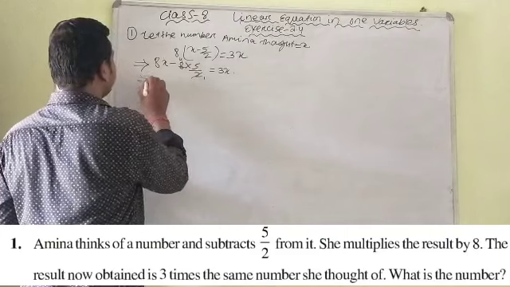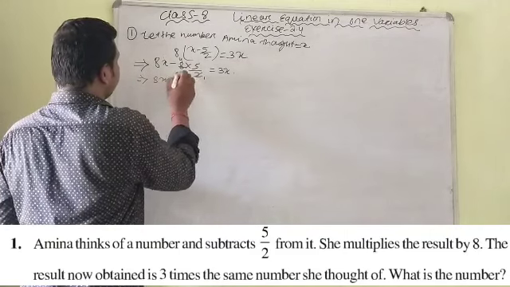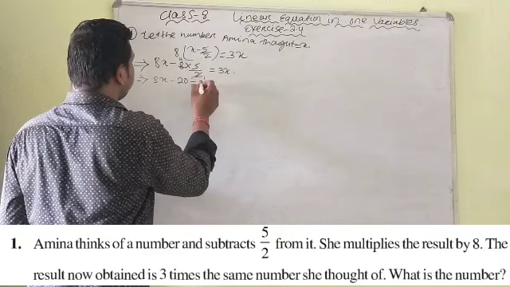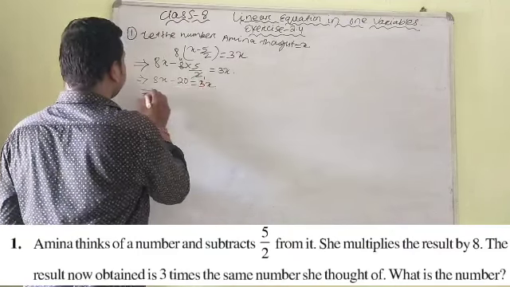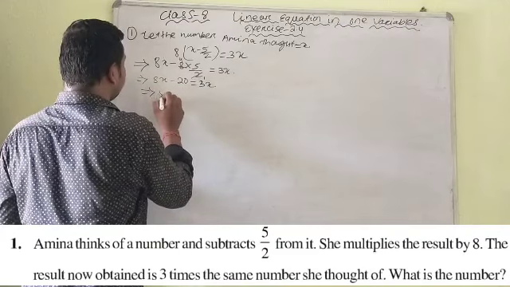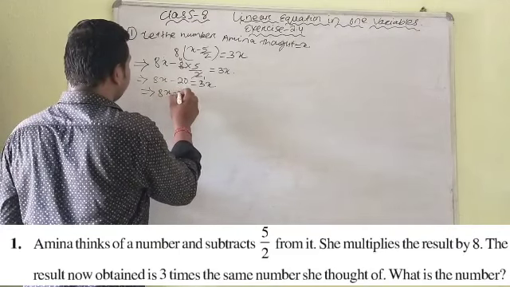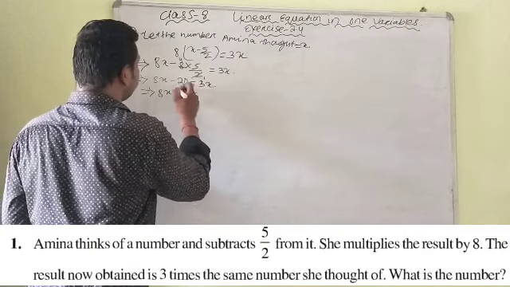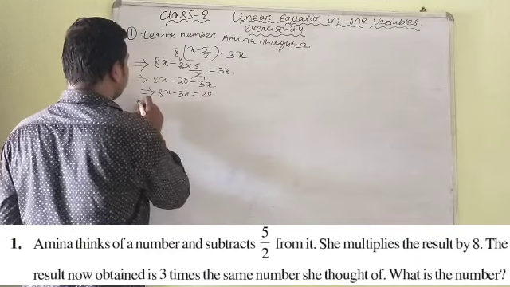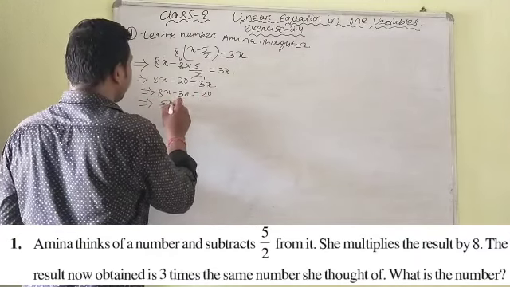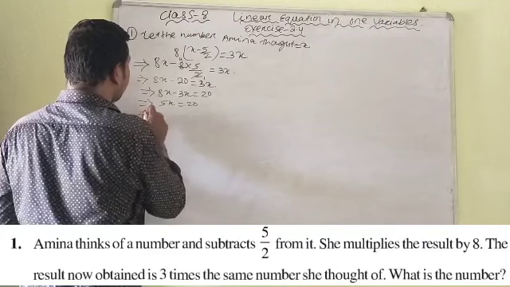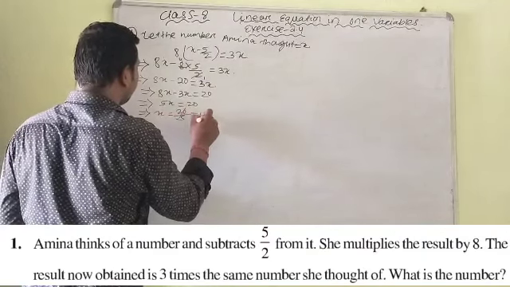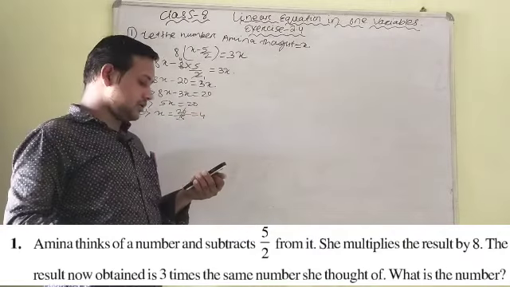Next step we will write down 8x minus 5 4 ja 20, equal to 3x. Now we will transpose 3x to the left hand side. It will be minus 3x, and 20 transposed to the right, it will be plus 20. So now this is 5x equal to 20 and x equal to 20 by 5 equal to 4. X value is 4 here.